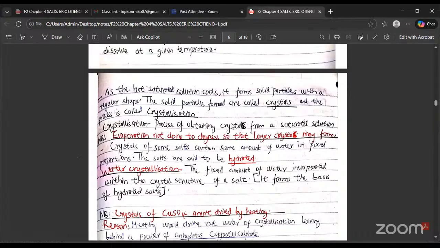And after you have obtained crystals, there are normally two methods of drying crystals. I will talk about that one later on, but I think you have also been told in another class how that one is done. But NB, for crystals, evaporation is not done to dryness. Evaporation actually does not bring dryness. That is why you will find in the procedure that they normally say dry using filter papers, and filter paper is normally more